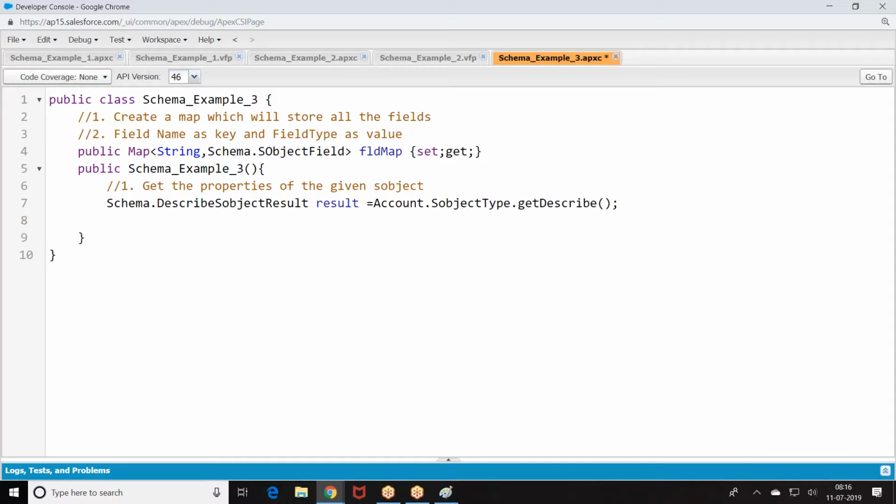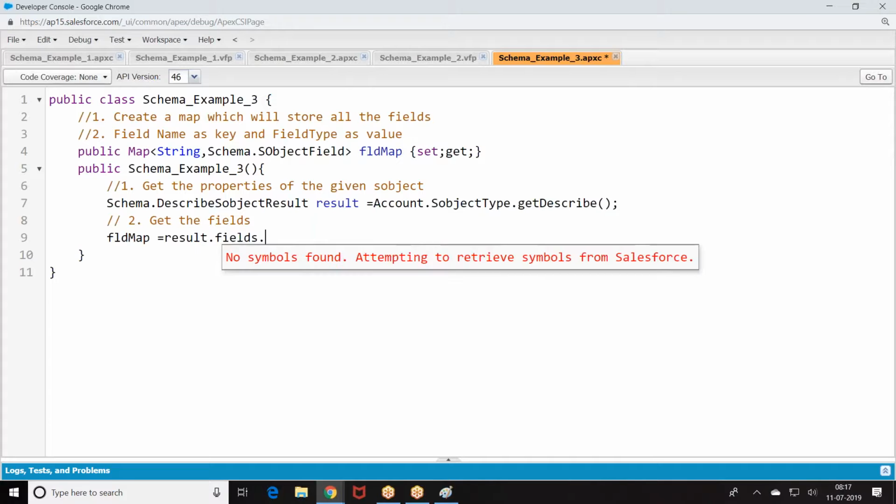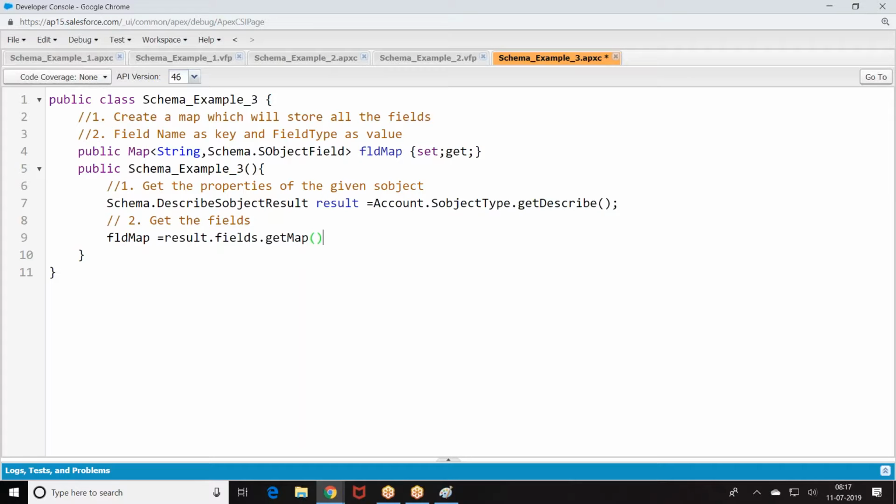Once you got the description, get the fields. How do you get the fields? Field map equals result dot fields dot get map. From the description, get the fields.